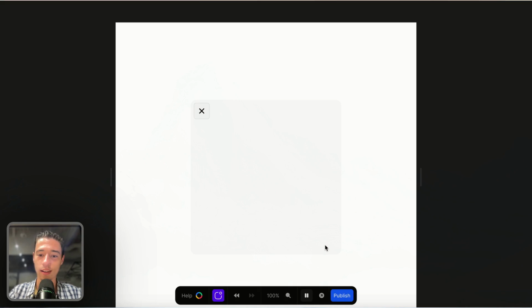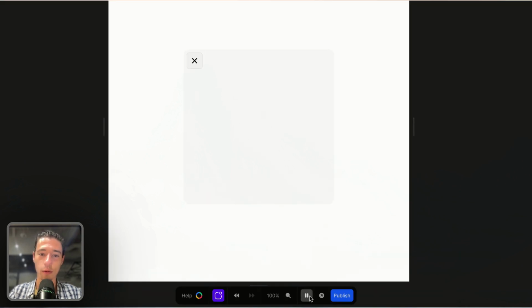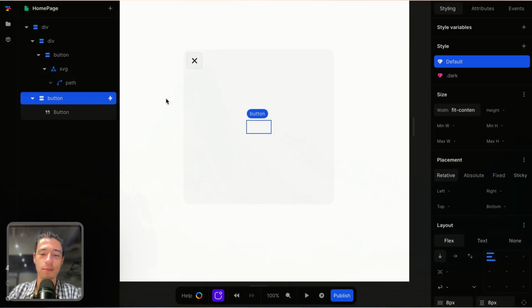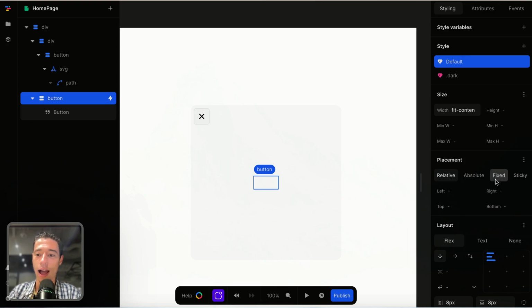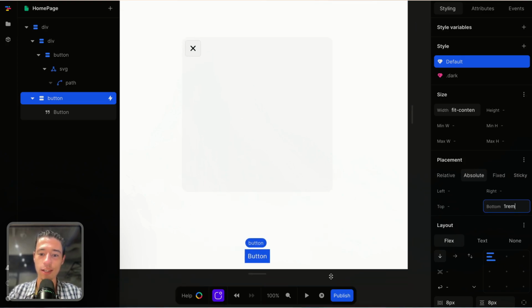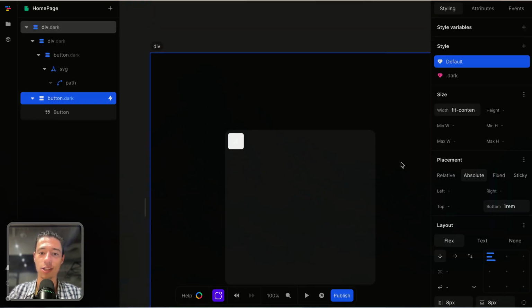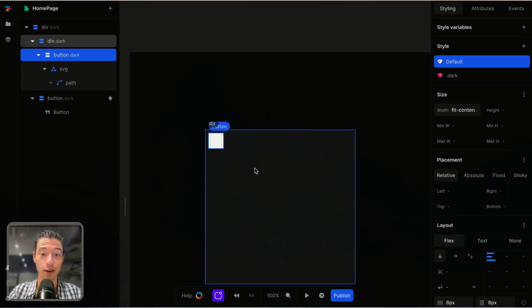So where did my dark button go? Oh, it went somewhere in here. So how about we make this button absolute and make it 1 rem on the button so I can reach it? Here we go. Now we got the style changed. So now I can go on this button here